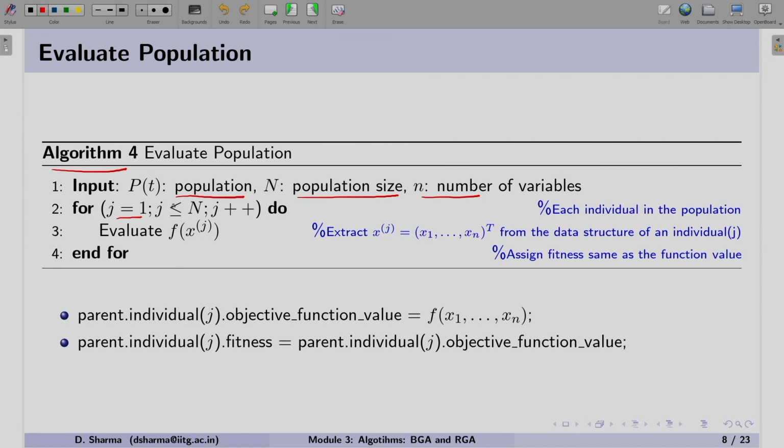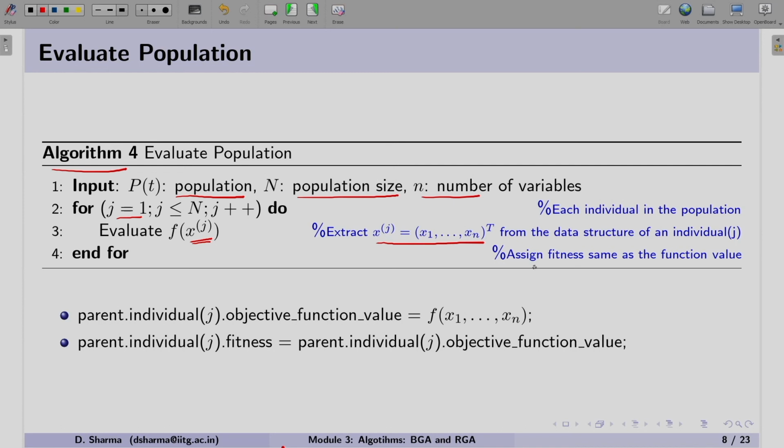This means that for every member we are running. So in this case, we evaluate, and you can see xj. This xj represents the column vector of the real values which we got for this individual j. So one by one we are calculating the function value.